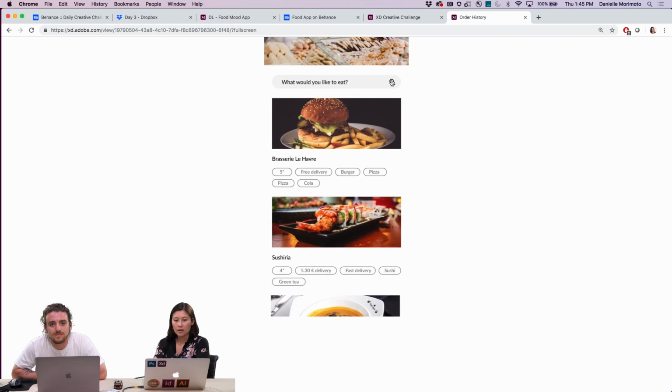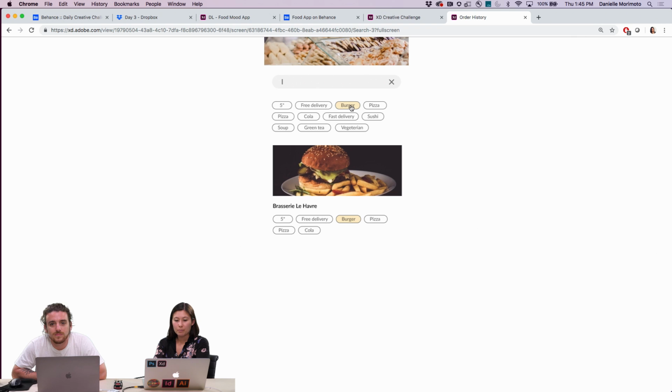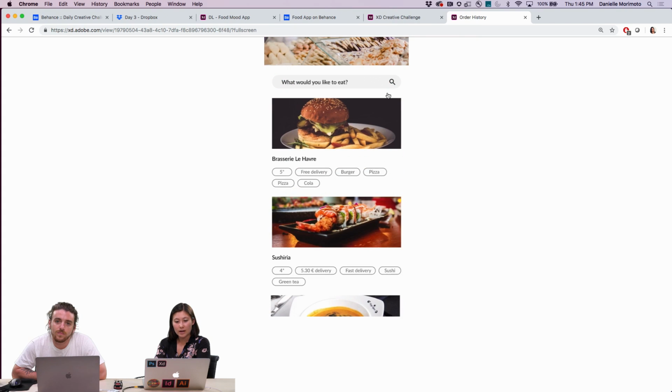So I think that when you tap burger, I would think that that would fill in your search, like that next step that you already have. I think that's the only expectation I had. But otherwise, it's nice that with each place there are different tags, so I can see, when I go to this one place, these are all the different things I could get with it, like green tea, sushi, all of that.